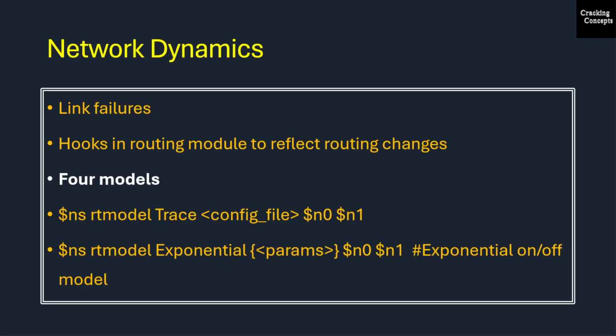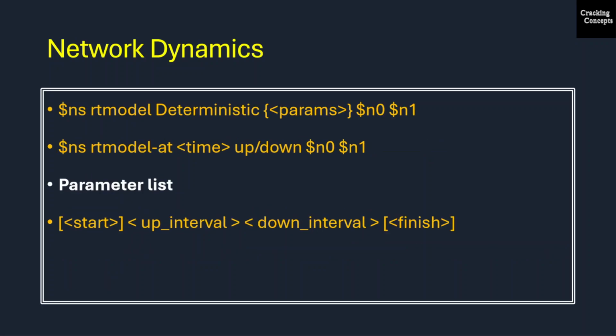The second one is an exponential on or off model where we have ns rtmodel, exponential, followed by the parameters and the nodes affected by it. Then there is the deterministic model where we have a few parameters and the nodes affected by it. Then we have rtmodel-at, where we specify the time and the status of the link, up or down, and the nodes which are part